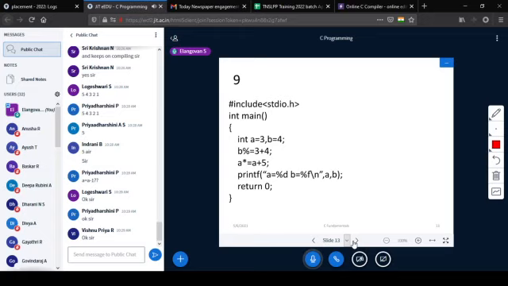A star equal to A plus 5. So what will be done? What will be the output? Again, it is an operator program. There is no loop in it.